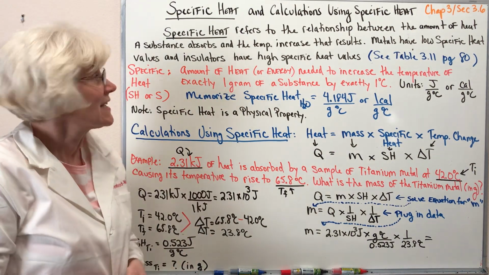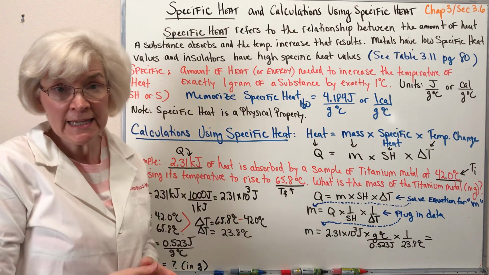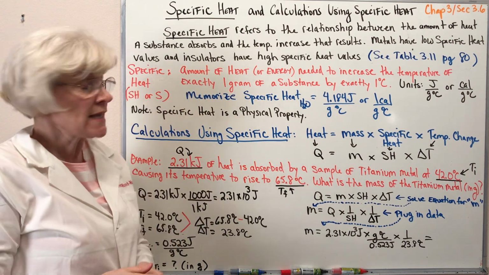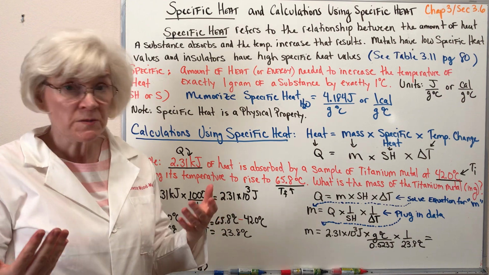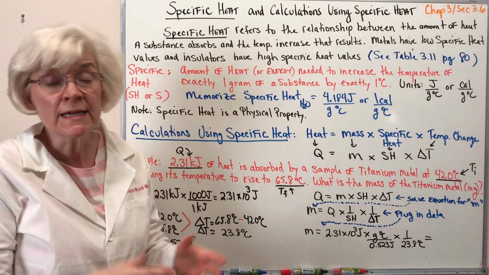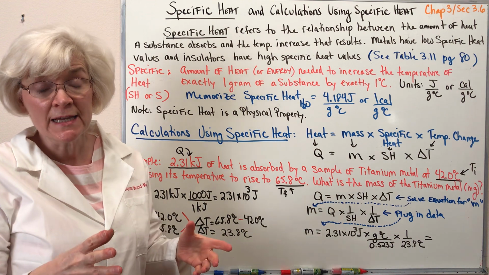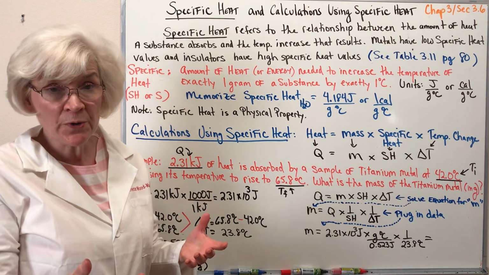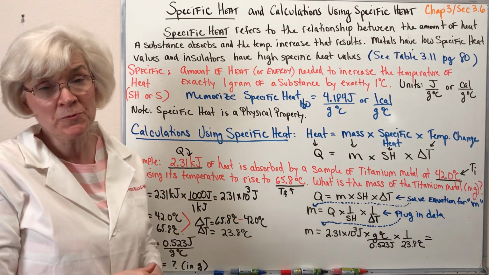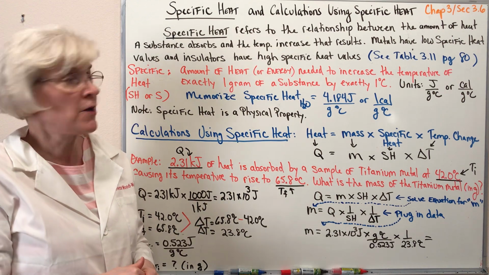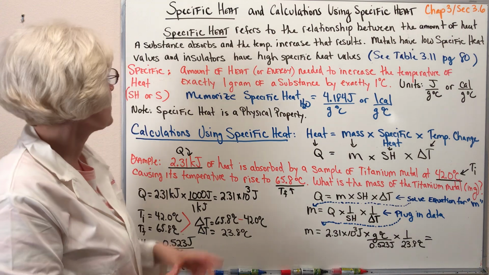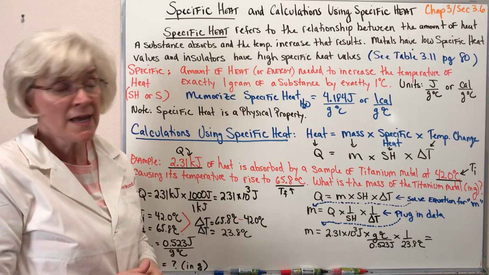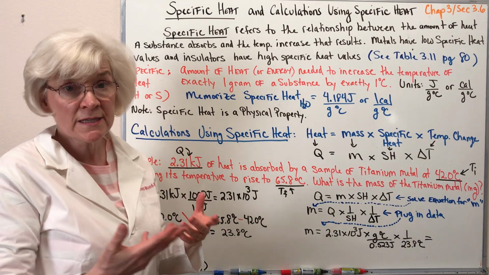We're now going to take a look at the concept called specific heat and see how it can be used in calculations that will enable us to, for instance, calculate the amount of energy contained in a sample of a food product like cottage cheese, which we looked at in our previous video. So specific heat refers to the relationship between the amount of heat a substance absorbs and the temperature increase that